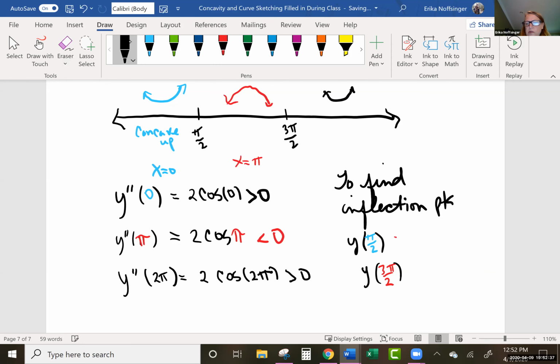And because I've already gone over time, I'll let you guys plug those in there, but we know that inflection points occur there, unless you want me to finish. We can go through that if you want me to. Okay, so let's